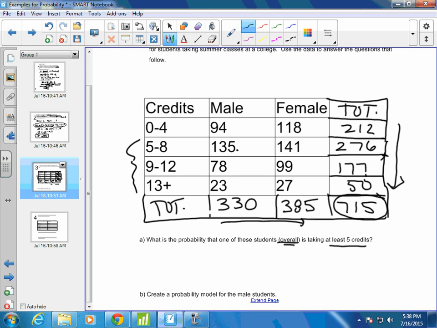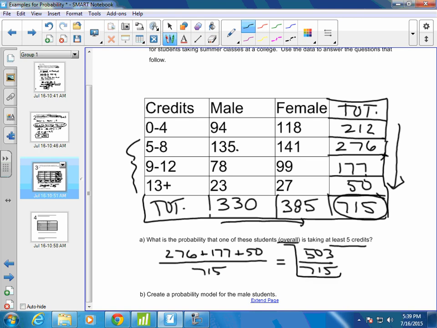So let's take the 276 students that are 5 to 8, add in the 177 students that are 9 through 12 credits, and then add in the 50 students. That gives me 276 plus 177 plus 50, which is 503